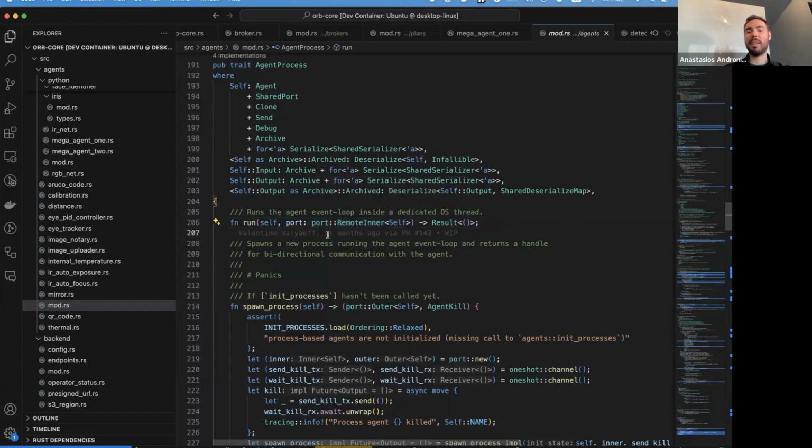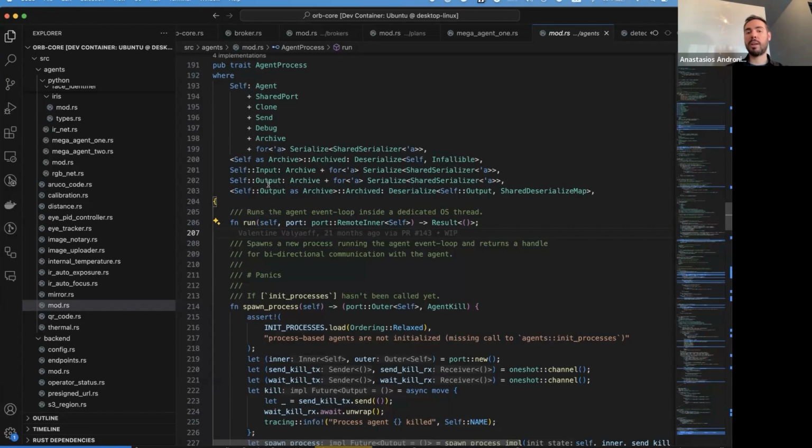We call them port. And the idea here is that we have chosen to use shared memory as the way to communicate across processes. I mean, there are a lot of other ways to do it, but the shared memory one is the most performant one, because sometimes you have to move a lot of information between agents.